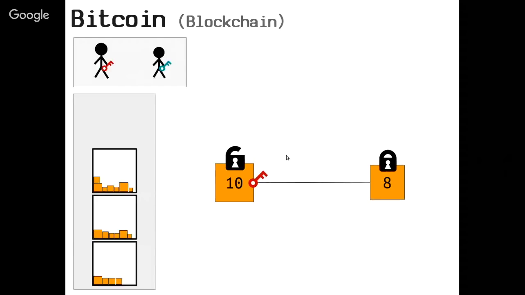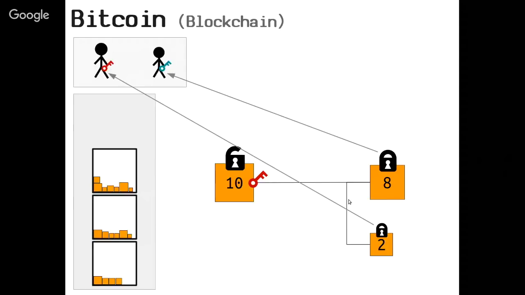To build on that, obviously I've sent 10 bitcoins from one person to another person. You don't have to, because they're in batches, you have to use up the entire batch. So say you wanted to only send 8 bitcoins to this person instead of the whole 10. What you'll do, you'll create this output of 8 bitcoins and lock it to this person's address. But then that remaining 2 bitcoins, our change, we actually create an output for ourselves and we lock it back to an address or back to a key